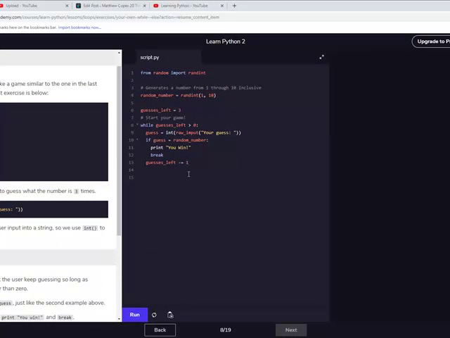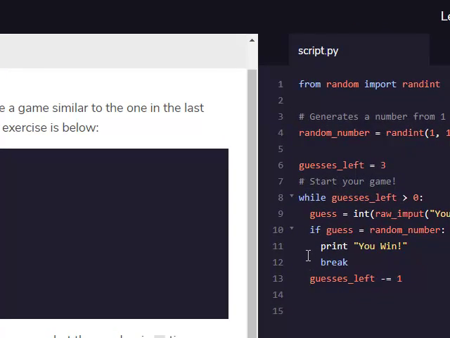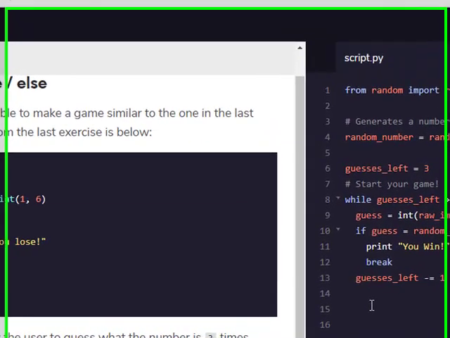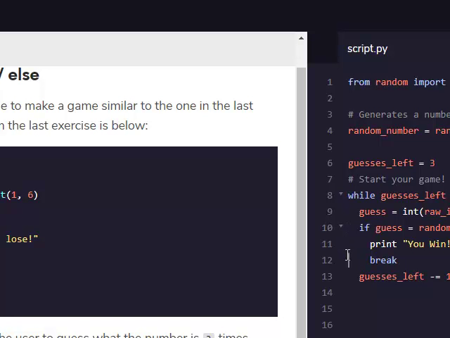And then we're going to do an else statement. Then we're going to do an else there. Else,